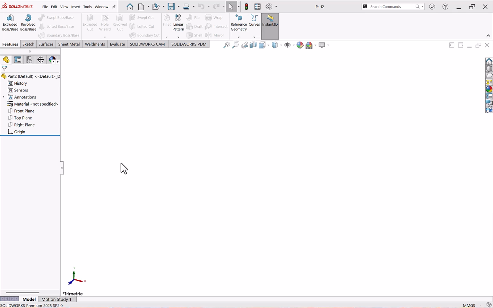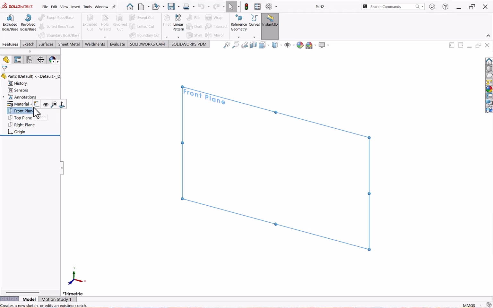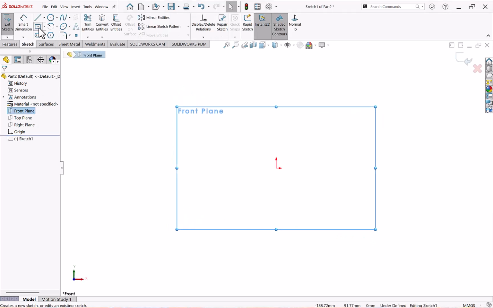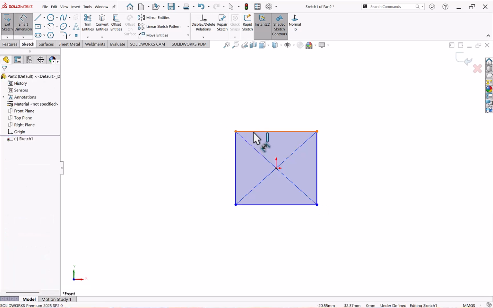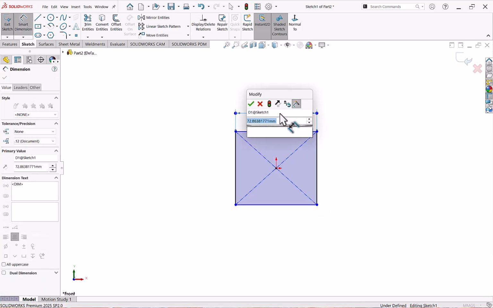In this video, we are going to learn how to auto size the plane. So we'll create something. I'll take the front plane here. We'll make one box and we'll define some dimension, like this will be 80